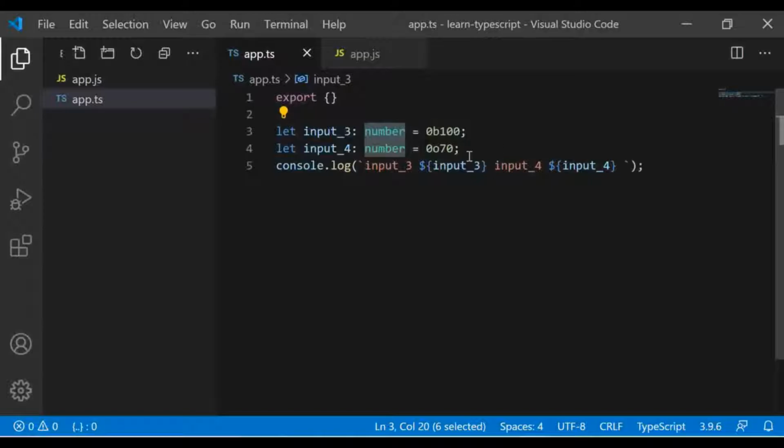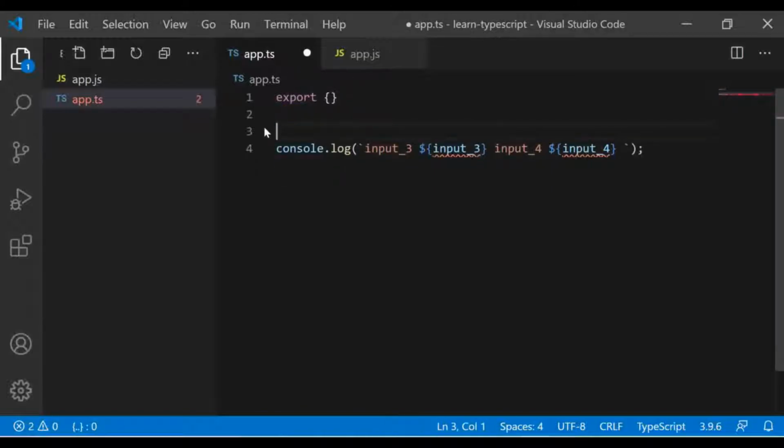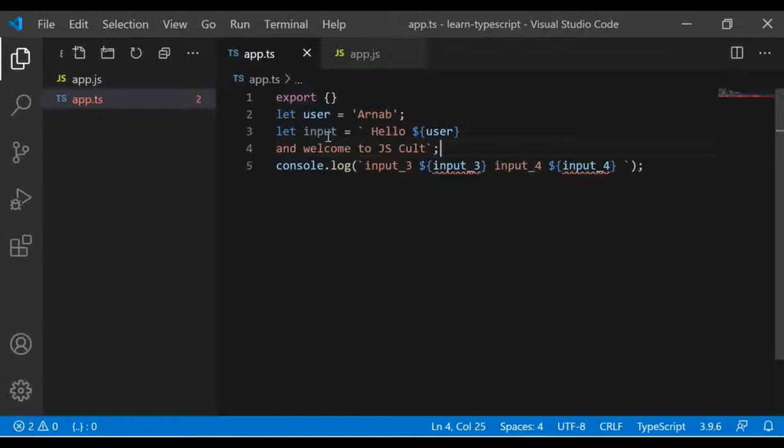So all this comes under the type called number. Okay, so let me show you an example of string. So as you can see, the type of this became string here.